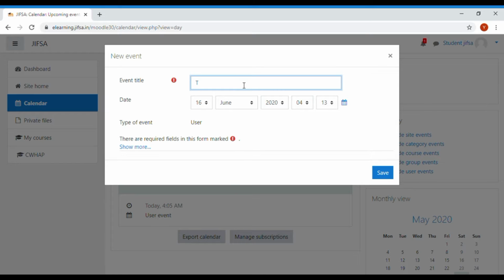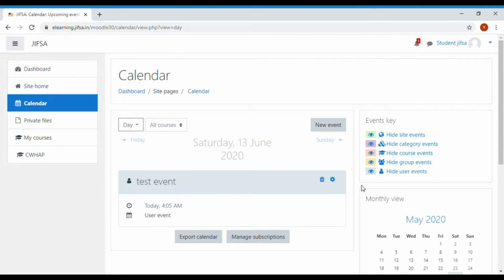Just testing, testing event, and then save. This calendar will help you remember your events.